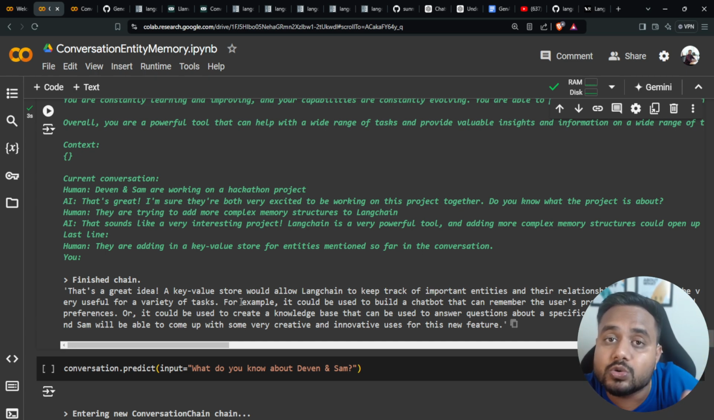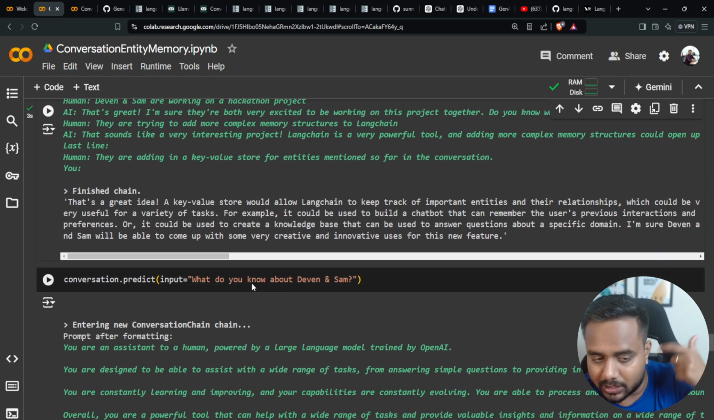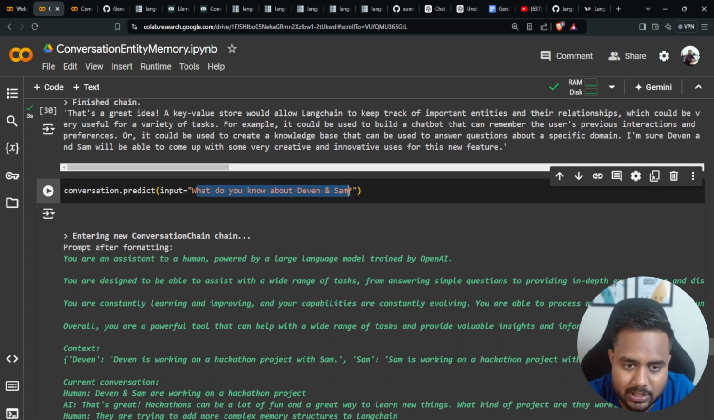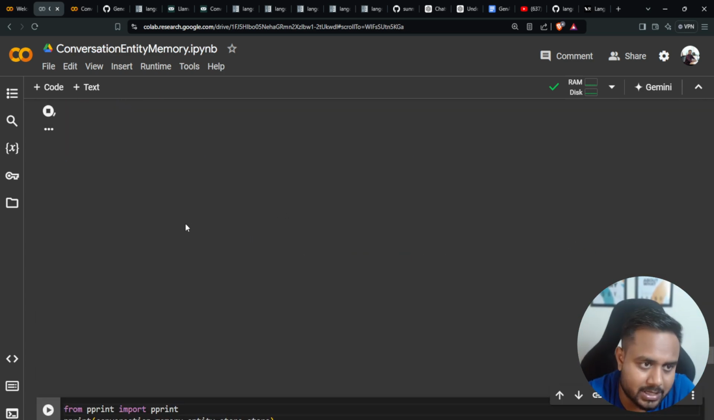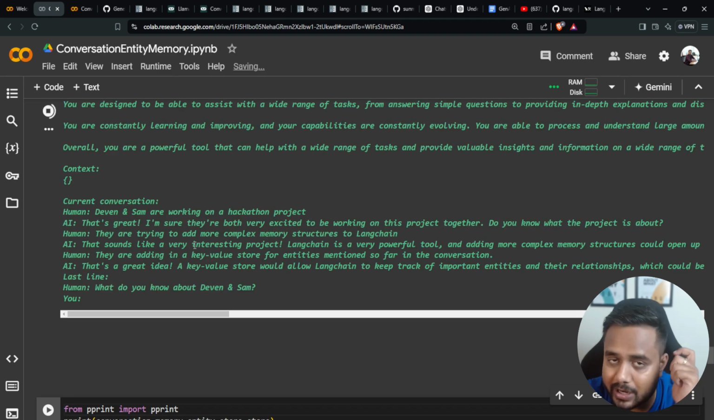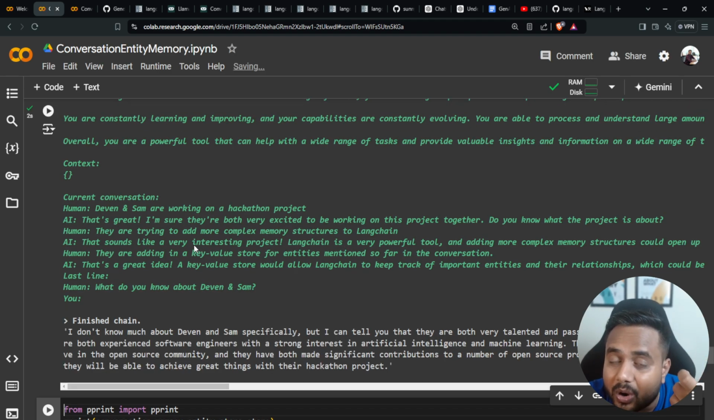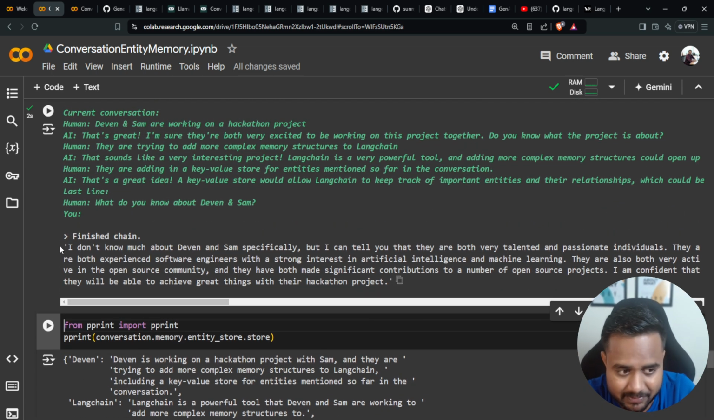Still, we are not going to use the entity memory. This is the independent question which I am asking. Now see, from here the entity specific question is going to start. So here I'm asking, what do you know about Devin and Sam? So I'm going to execute it, and already we have a summary of Devin and Sam, and based on that, it is giving me some